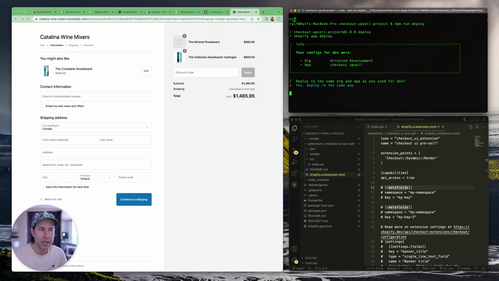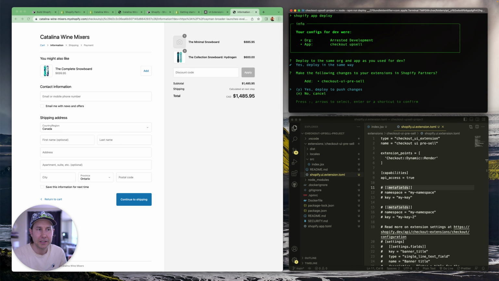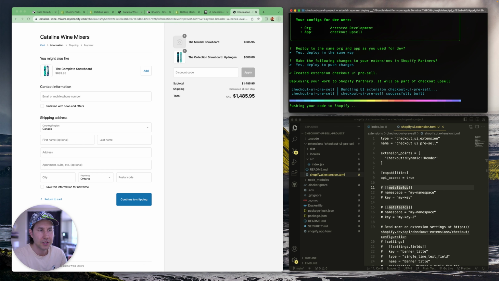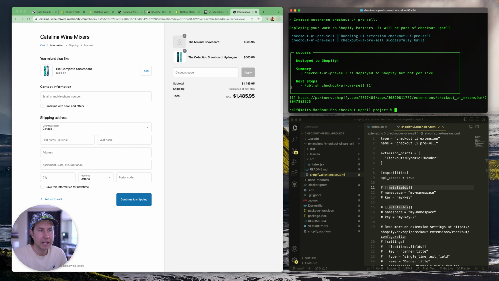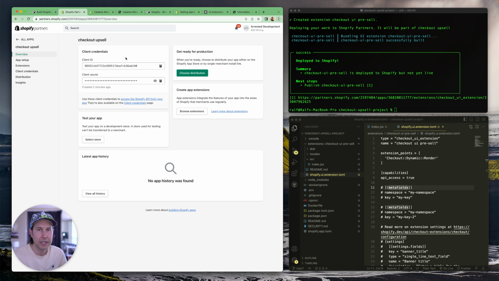So do you want to deploy this to the same org and app as you used for dev? Yes, I want to do that. Make the following changes to your extension. Yes, I want to deploy to push changes. So that takes a second, and once that is done, if you go back to your app here in Shopify